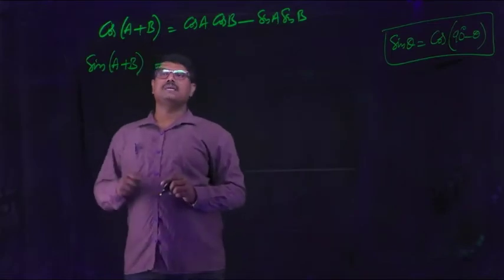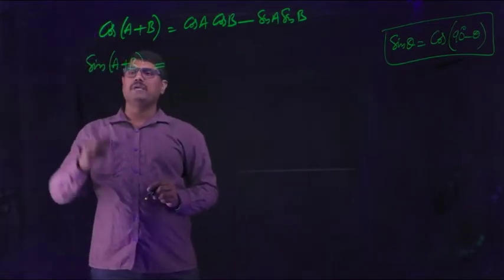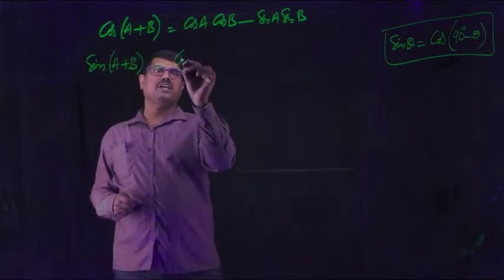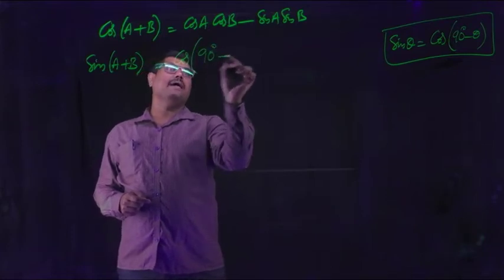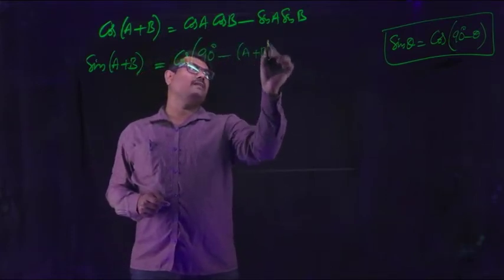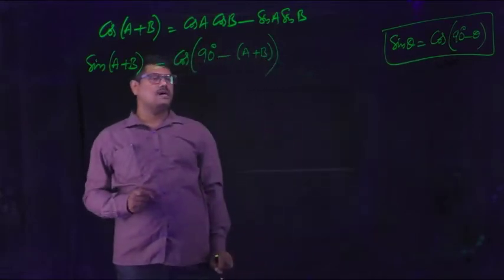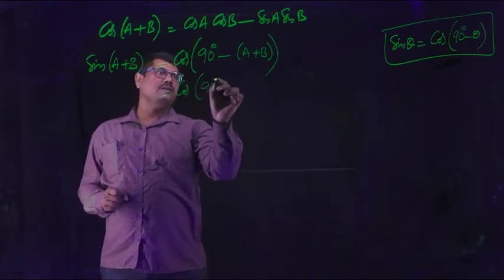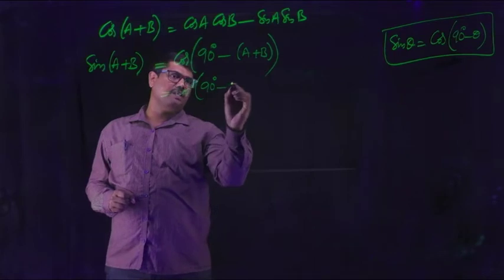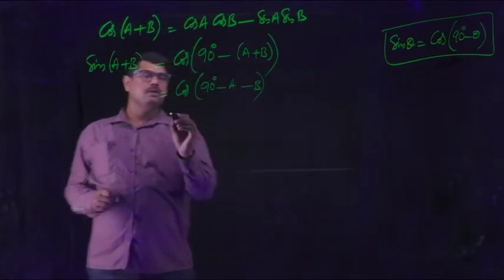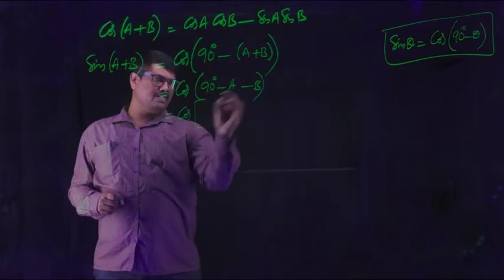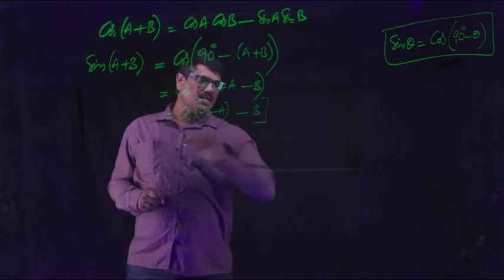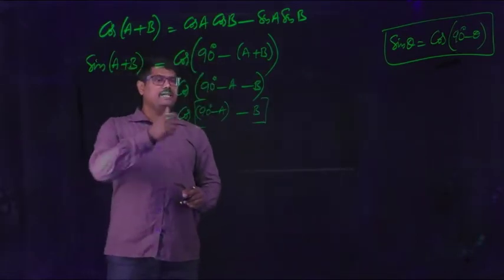By using that concept and using the formula of cos A plus B, now we are going to verify sin A plus B formula. Now sin A plus B, first write that one as cos 90 minus of A plus B using the formula like that. Sin theta you can write that one as cos 90 minus theta. Now cos 90 multiplying minus into the bracket, it will become minus A minus B. Now write this one as two parts, 90 minus A as one part and minus B as another part. Now it seems to be cos A minus B.